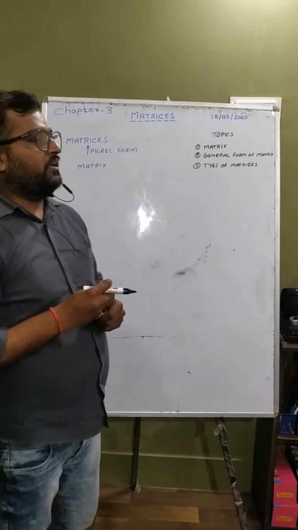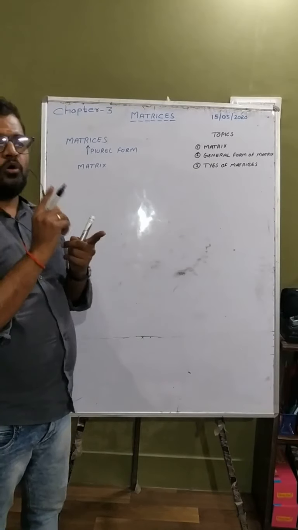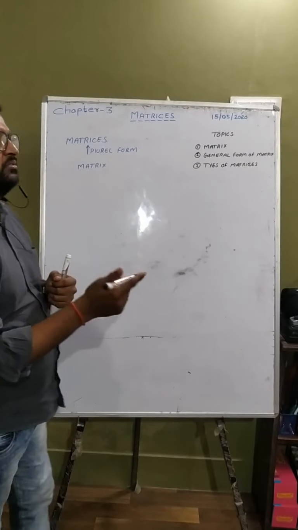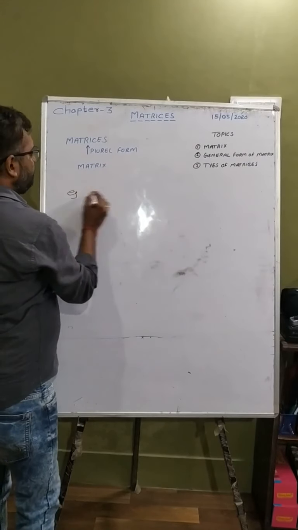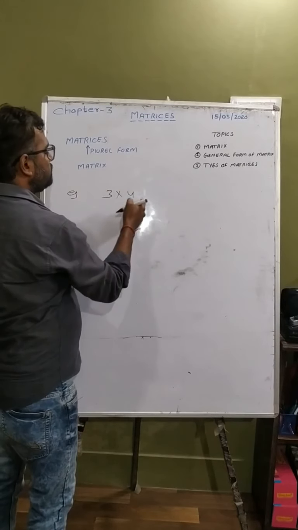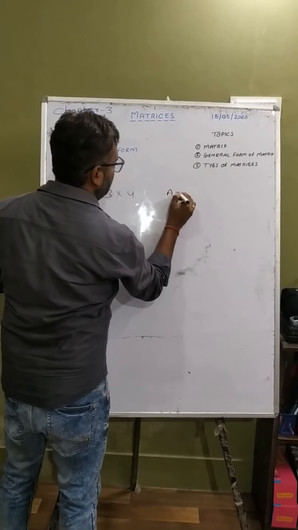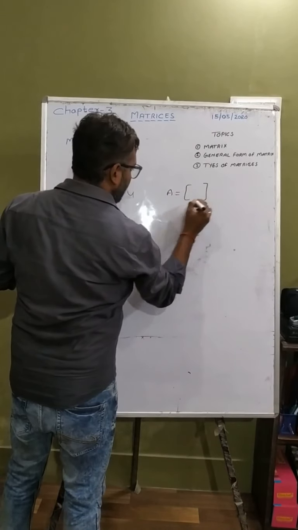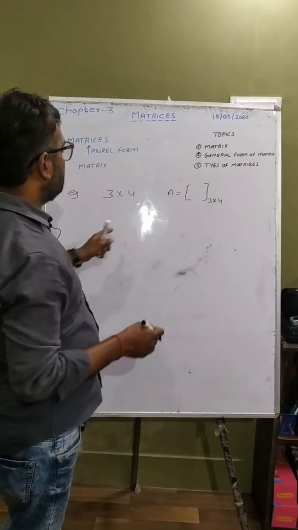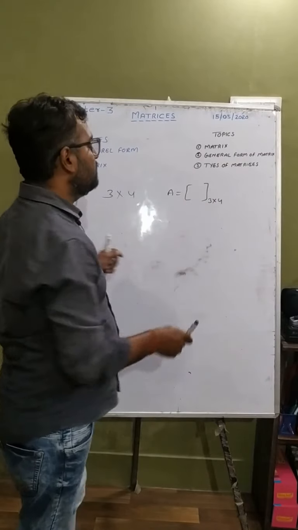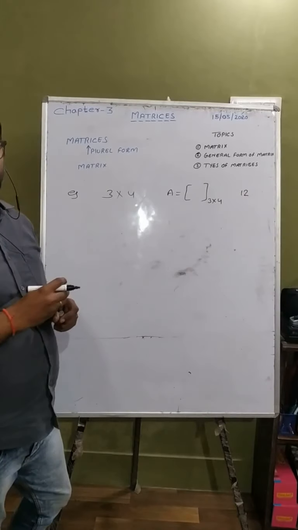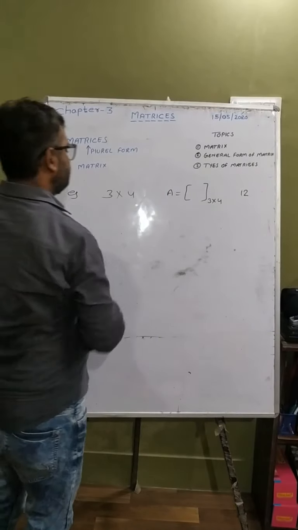I told you, if in a given matrix the number of rows and the number of columns are given, then we can find the total number of elements. Very easy. Suppose 3 by 4 is given, then it is a matrix of the order 3 by 4. How can it be represented? A is a matrix of the order 3 by 4. So if anyone asks how many elements are there in the given matrix, then the total number of elements is equal to 4 into 3 equals 12. A 1 mark question can be asked.